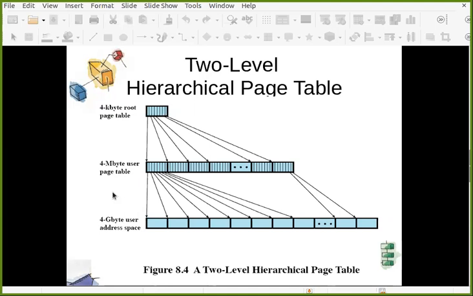So 2 raised to 22 divided by 2 raised to 12 is 2 raised to 10. So you require 2 raised to 10 pages to store this page table itself.